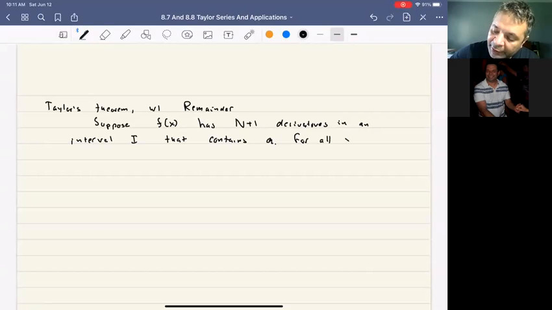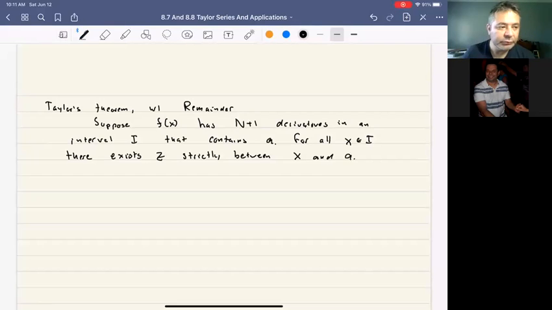For all x in I, so I is an interval, there is some z also in I, okay, actually scratch that. The z, we can actually make it even better. It's strictly between x and a,